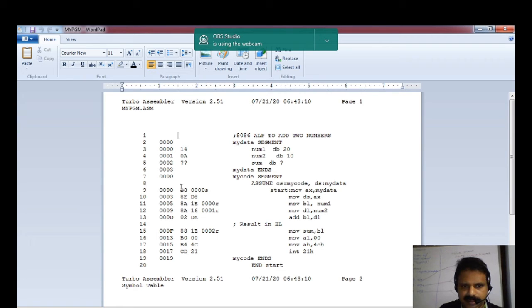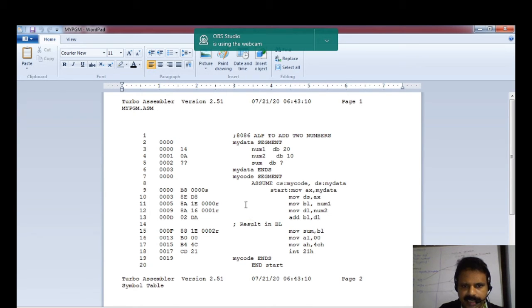Here the second instruction took only 2 bytes, like that. Then let us see, can we assign a specific address to the first instruction in the code segment? Then the subsequent addresses will be changed according to that. Is it possible? Let us check that.